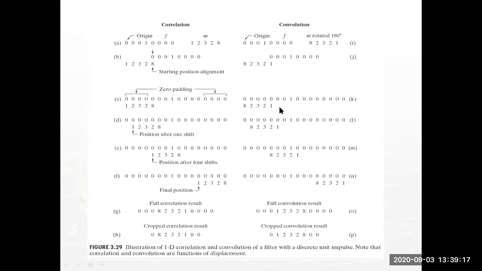In convolution, the same process is used, but simply your original window, what is my window? 1, 2, 3, 2, 8. It is first of all converted or rotated with a 180 degrees phase shift. So 180 degrees means reverse your window. What is the reverse of your window? My window is 1, 2, 3, 2, 8. The reverse of the window is 8, 2, 3, 2, 1.